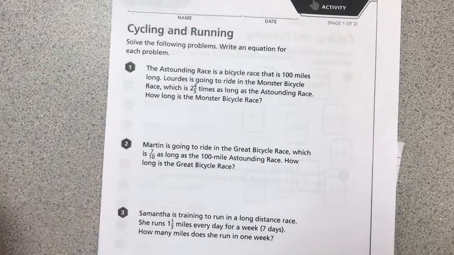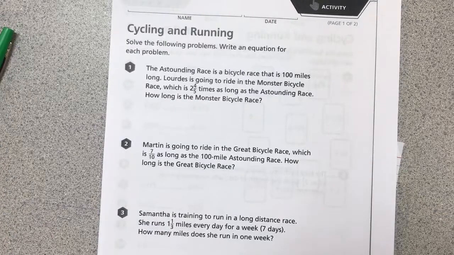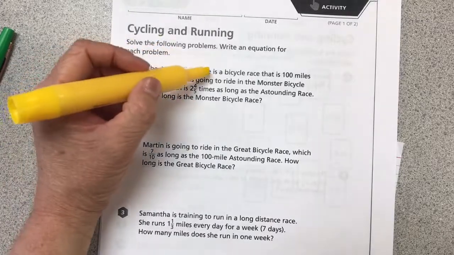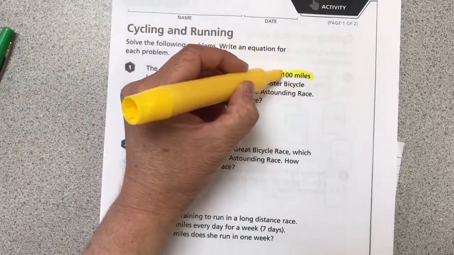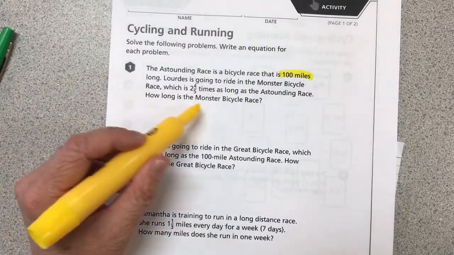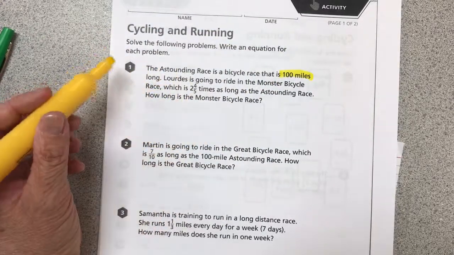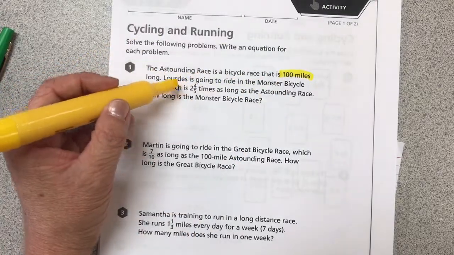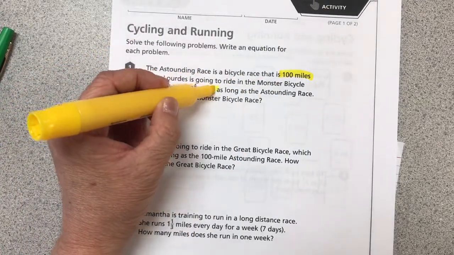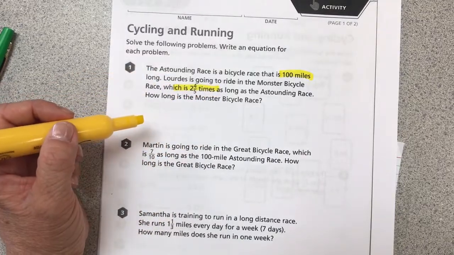The Astounding Race is a bicycle race that is 100 miles long. Lourdes is going to ride in the Monster Bicycle Race, which is 2 4/5 times as long as the Astounding Race. How long is the Monster Bicycle Race? So, the important information here is we know how long the Astounding Race is. It's 100 miles. And it sounds like our question is, well, we know that information, but how long is the Monster Bike Race? And it gives us just enough information saying that the Monster Bike Race is 2 4/5 times